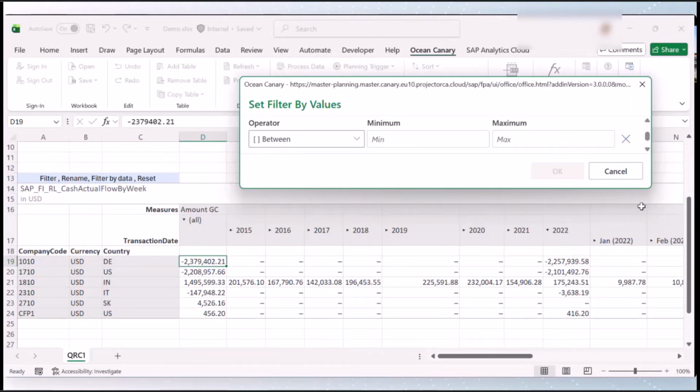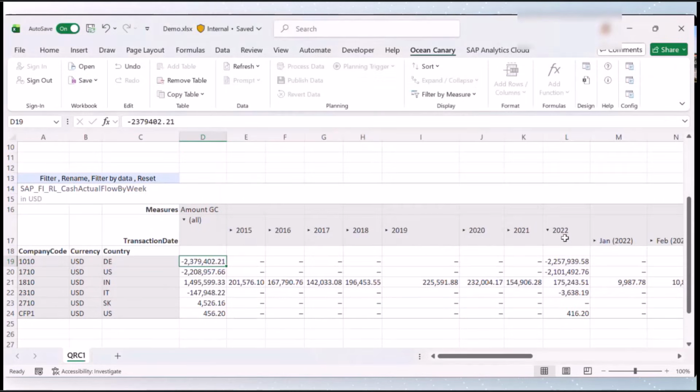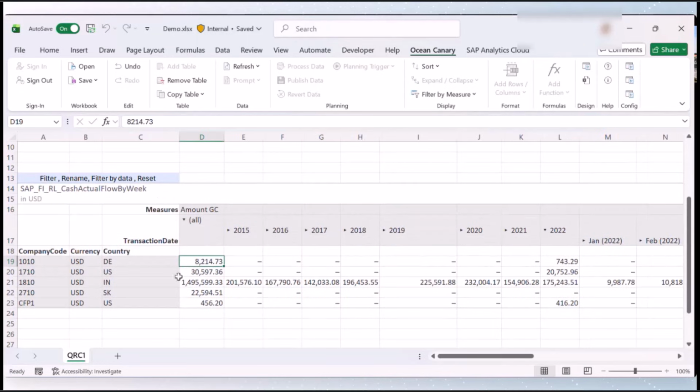From here, I get different operators that I can use to filter my report. For my example here, I will select the greater than, because in my report I had negative values, so I can select greater than 0, and then the filter is automatically applied on the report. So we don't have any more